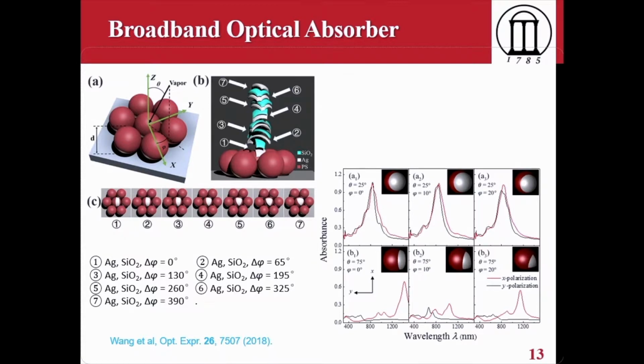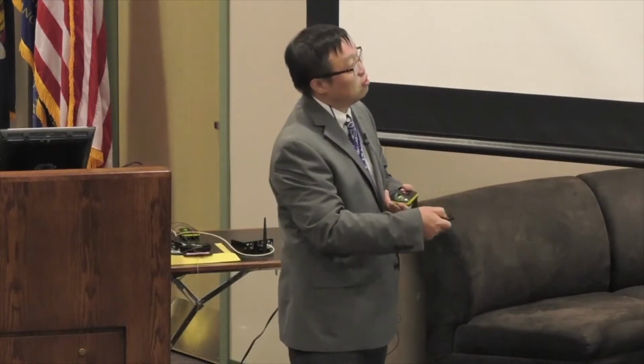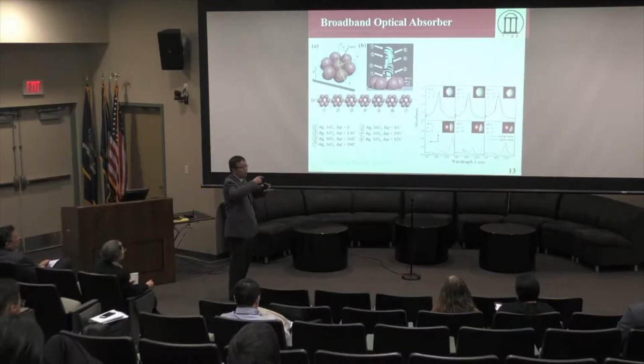Now remember that this is a close-packed structure, so it has 6-fold symmetry. Every time you rotate 60 degrees, it essentially has the same phi angle. But if I rotate 65 degrees, that means effectively I rotate 5 degrees, right? So it changes the shape. Each domain changes its shape. Next time, if I do 130 degrees, effectively I rotate 10 degrees. And so on, so that means essentially I have a stack of silver nanostructures with different